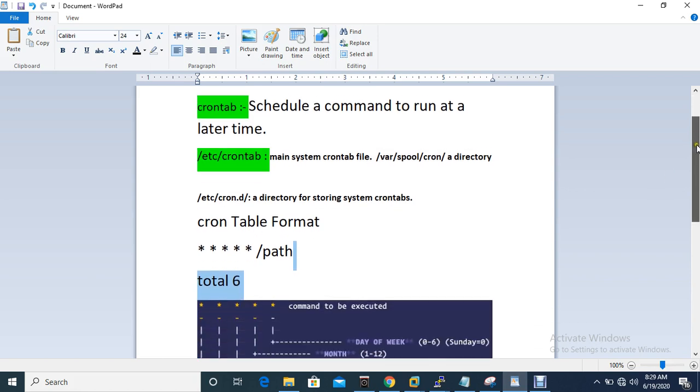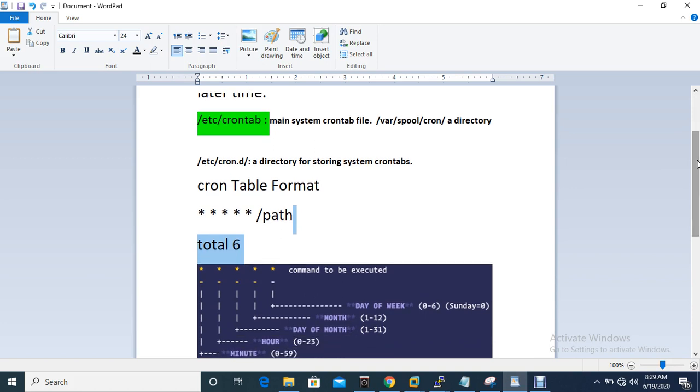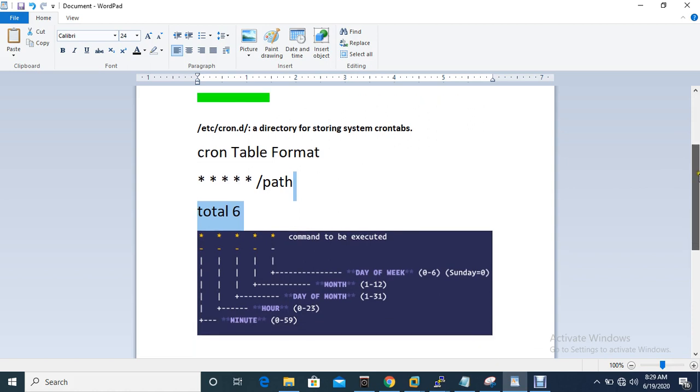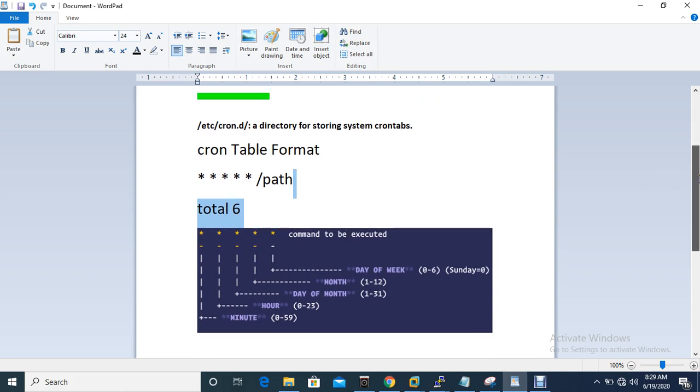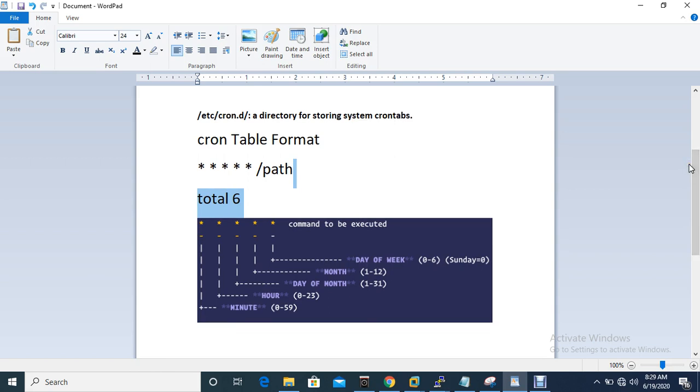Now let me tell you about the cron tab format. This is a very important part. There are options in the format, and each option has a different meaning. Let me tell you about each of them. In total, there are 6 options.